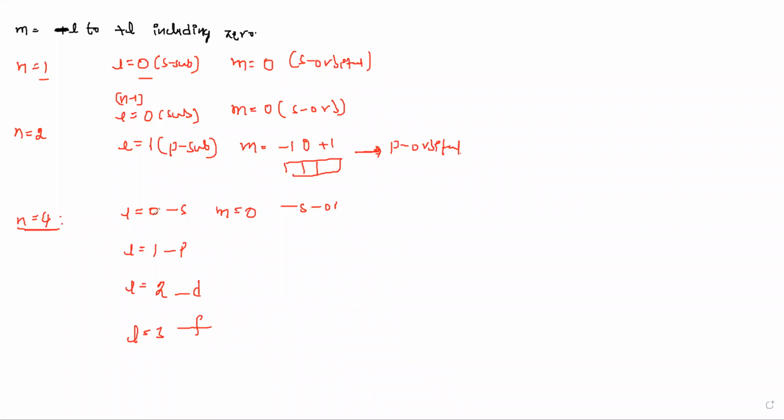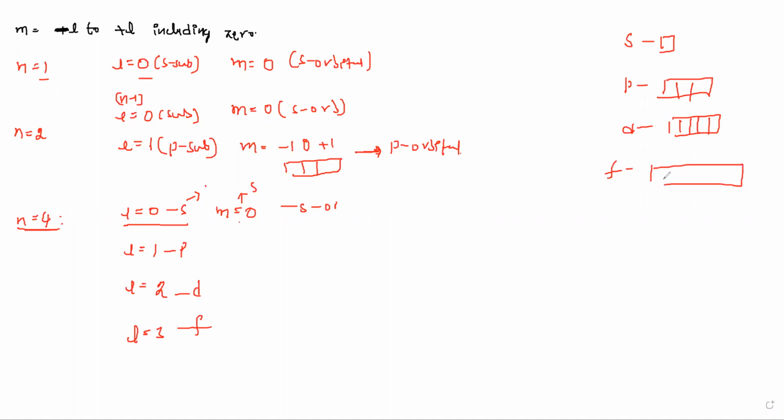Here I will explain. This azimuthal quantum number tells about the subshell, that is S. It contains only one orbital, that is the S orbital. Actually, S has only one orbital, P has 3 orbitals, D has 5 orbitals, and F has 7 orbitals. So when L is equal to 1, the magnetic quantum number values are minus 1, 0,